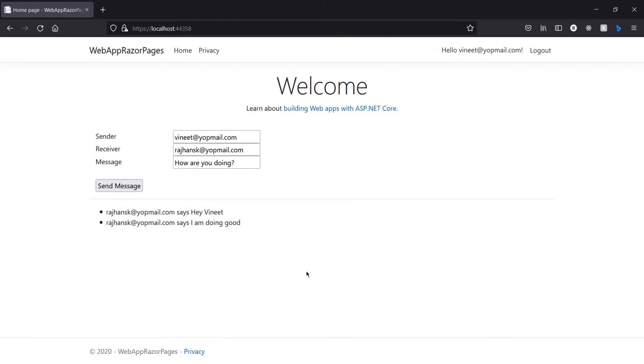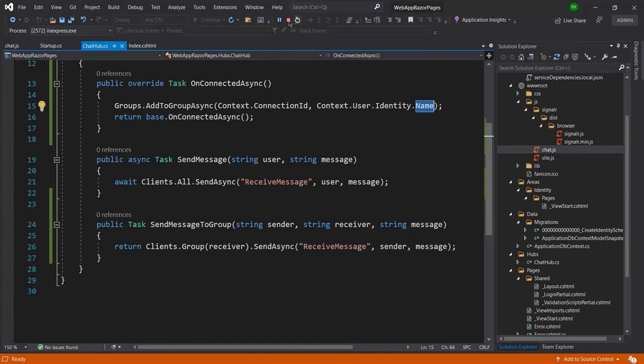Okay, so now I do not want to add the sender email ID here because it should already come from the logged in user. So what I can do is remove it here. Let me stop it.